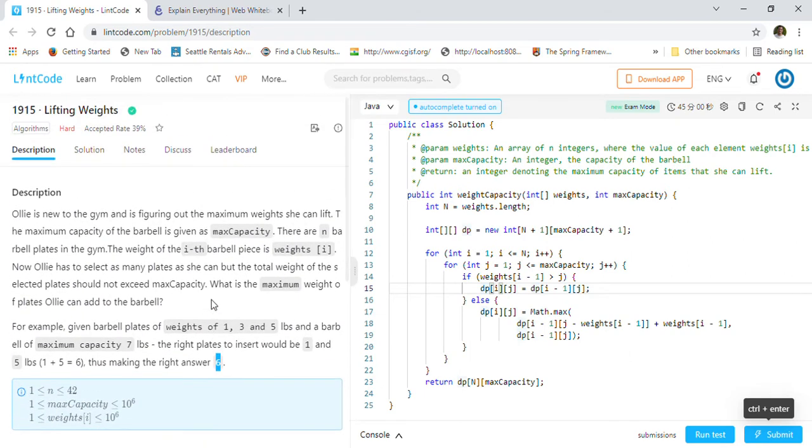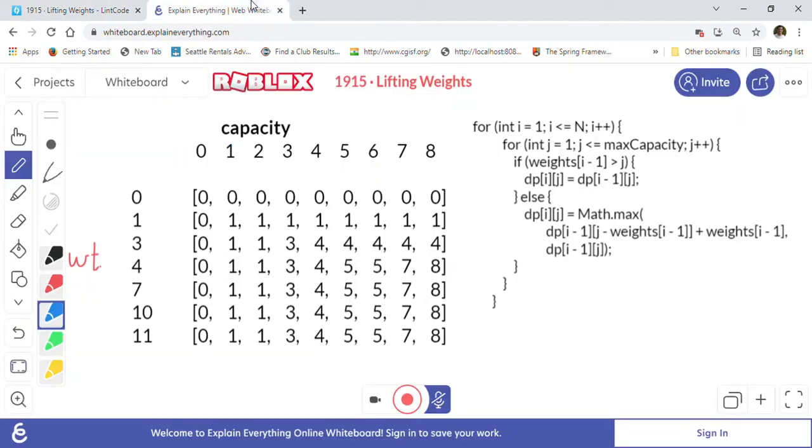So I created another, a little bigger example where the capacity is 8. Okay, 8 is the capacity that is given to us, and these are the weights that are given to us, right? 1, 3, 4, 7, 10, 11. So these are the plate weights, and the maximum capacity is 8. We are going to solve this problem by using dynamic programming, and we will form a DP array. We will gradually populate this DP array, and once we populate it completely, we will reach our solution, right? So this is how dynamic programming works.